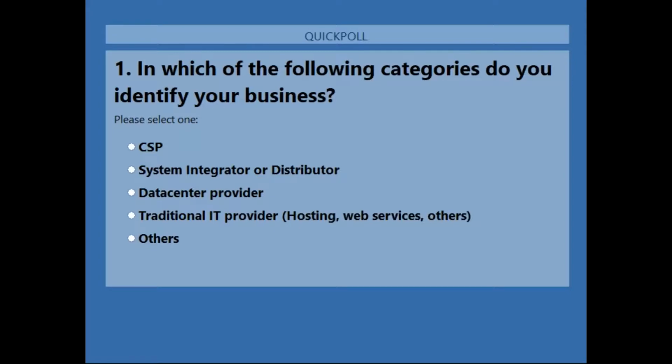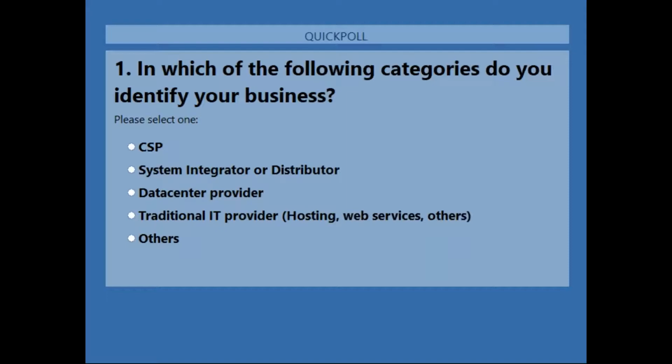Before we get deep into the session, I'm keen to have this be a very interactive session. So I'm also keen to understand what kind of audience we have in this forum. I've just done a poll right now to understand what category of people we have here. Do we have CSPs? Do we have system integrators? Are you someone who is still offering traditional services? This will help us nail down the key points of what typical CSPs would need.